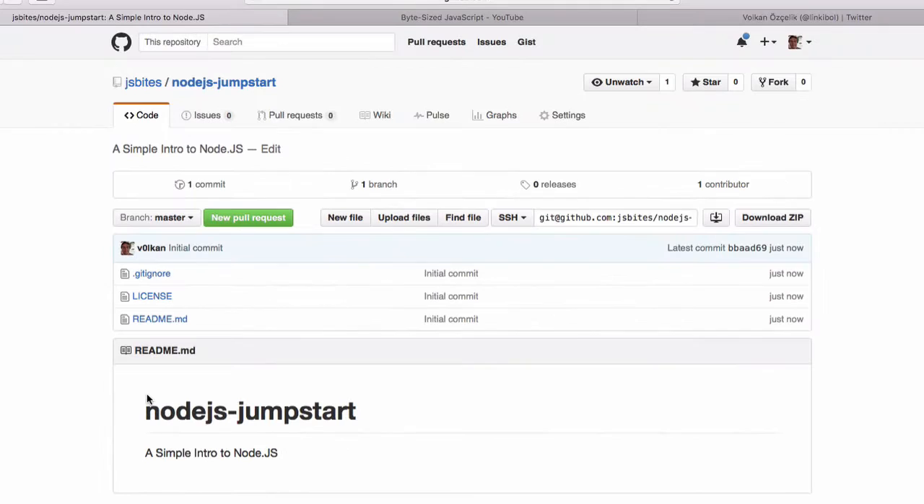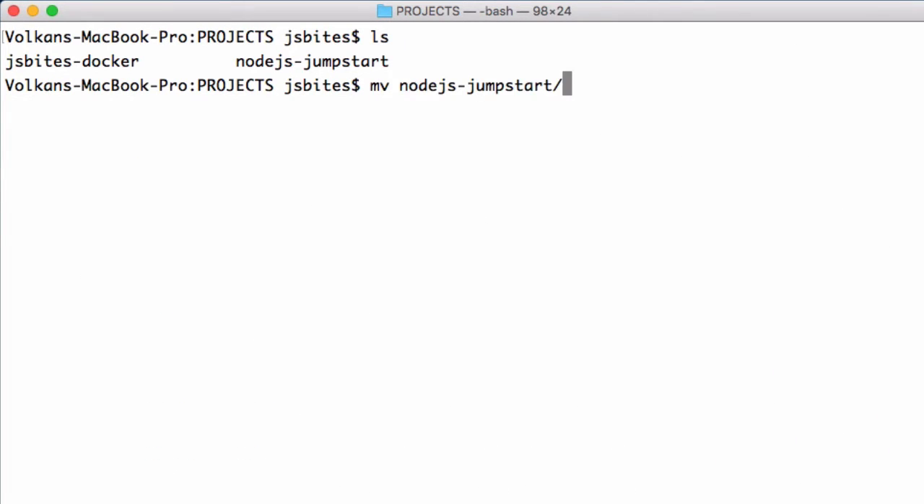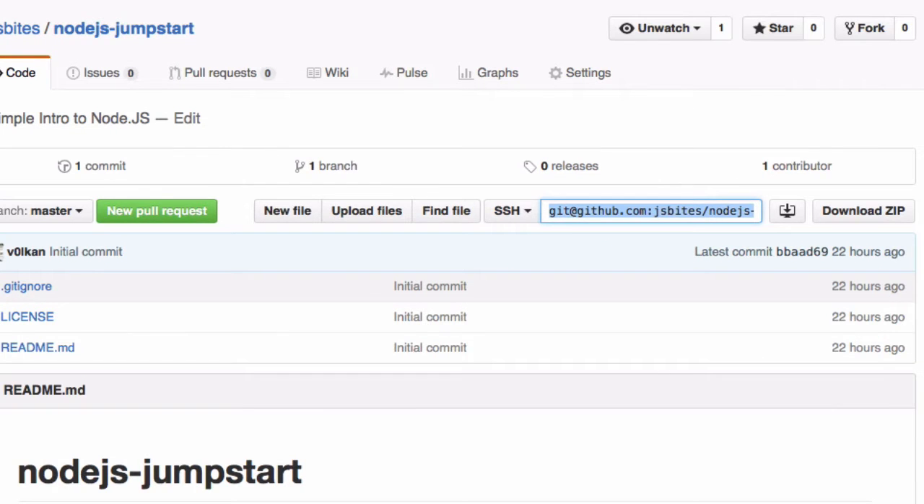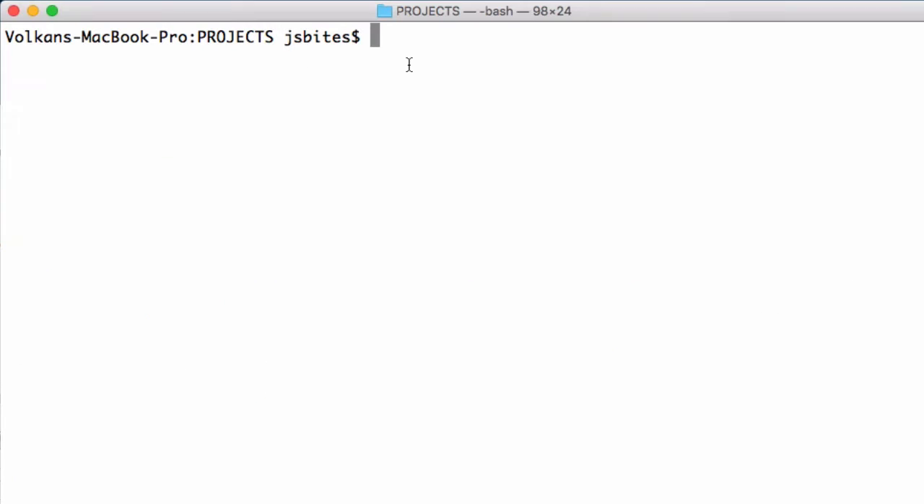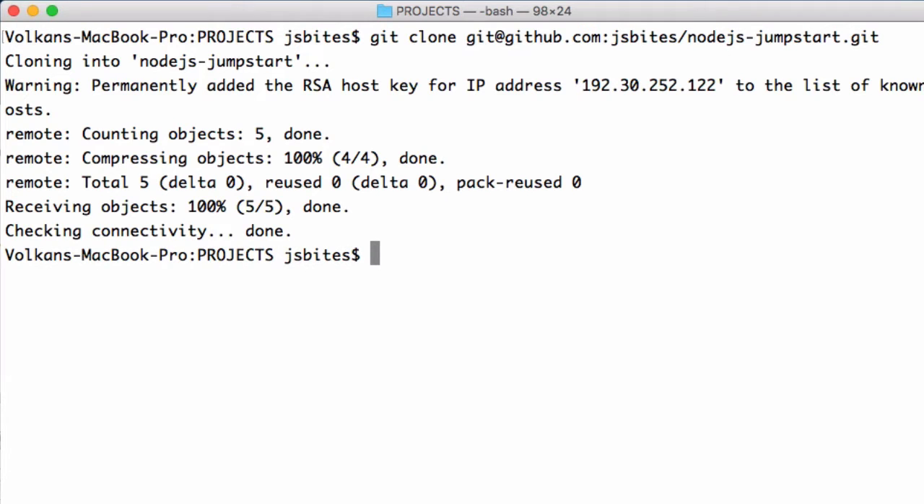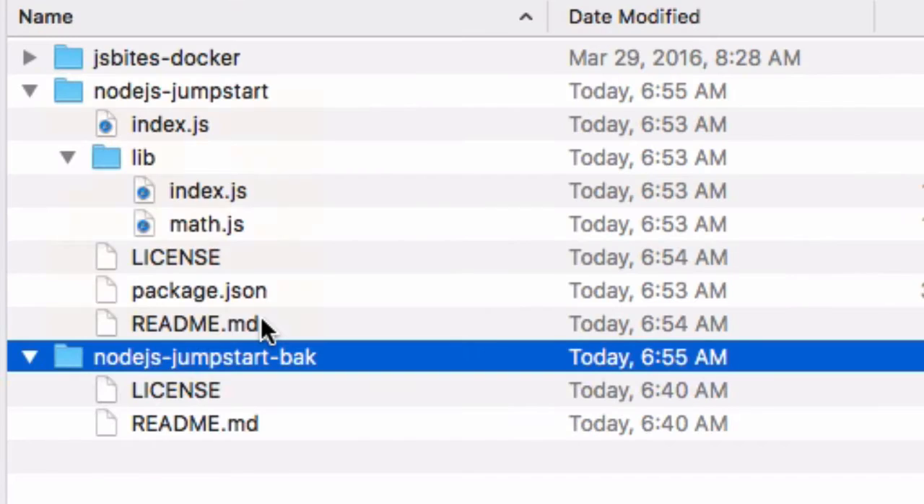Next, I'll go to my desktop on my local machine and I'll move the existing source code to a backup folder. Then I'll copy this SSH URL and then clone the repository by doing a git clone and pasting this URL. And this will create a folder in our workspace with the same name as our repository. Now that I've cloned the repository, I'll just move the code I backed up a while ago and then start